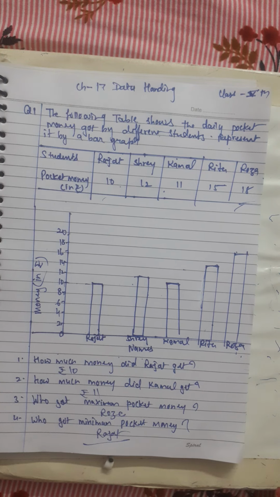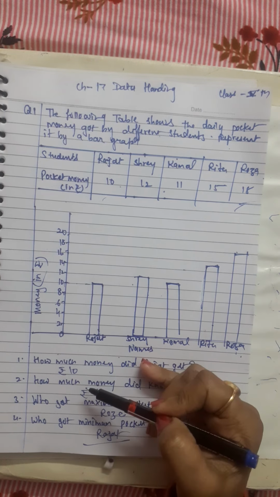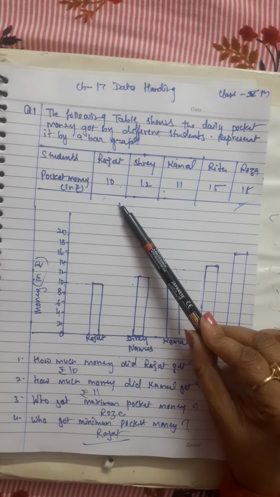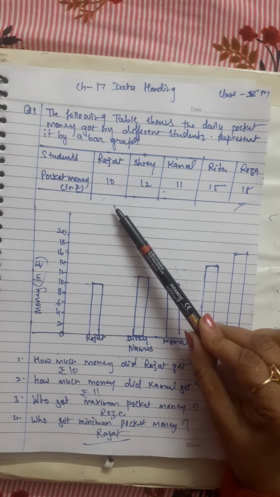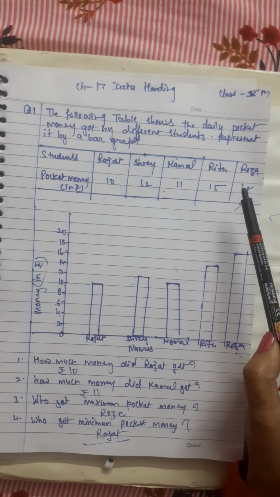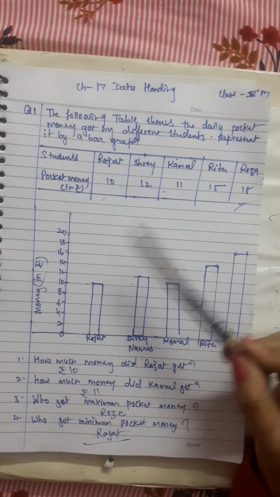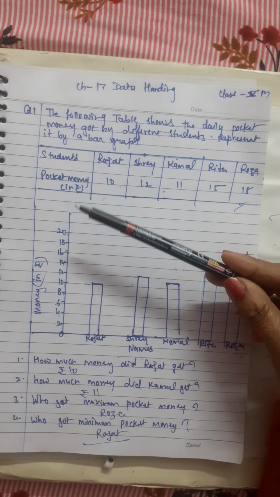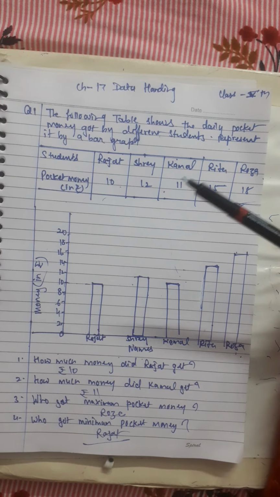So in this way we can find the answers to the given questions, and we can also draw a bar graph for the given information. Remember one thing, whenever you are representing information in a bar graph, you have to take a scale. Suppose 10 is the smallest number, so you need not write numbers from 1. 1 से लिखने की ज़रूरत नहीं है. अगर आप 1 से शुरू करेंगे तो आप 1 से लेकर 20 तक लिखोगे, there is not enough space. इतना स्पेस नहीं होता कि आप 20 तक लिख पाएँ. So you have to take a proper scale.